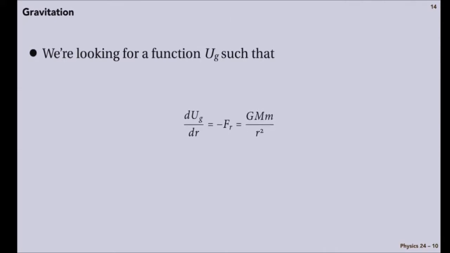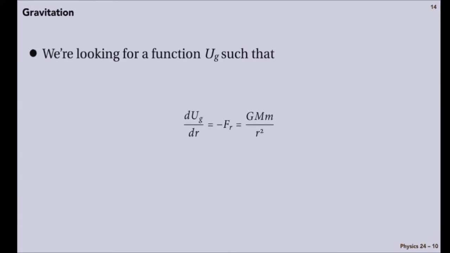And the force of gravity is like that and radially inward, GMm over r squared. So I'm looking for a U sub g such that if I take its derivative, I'm going to get